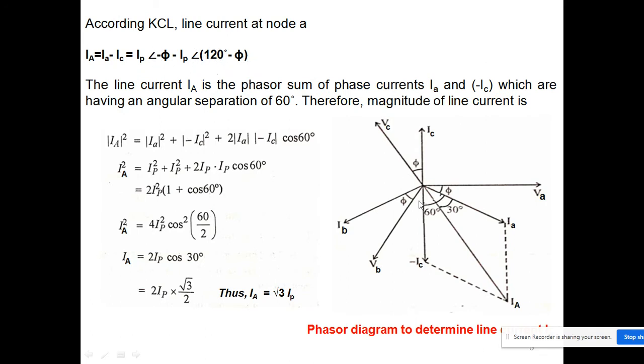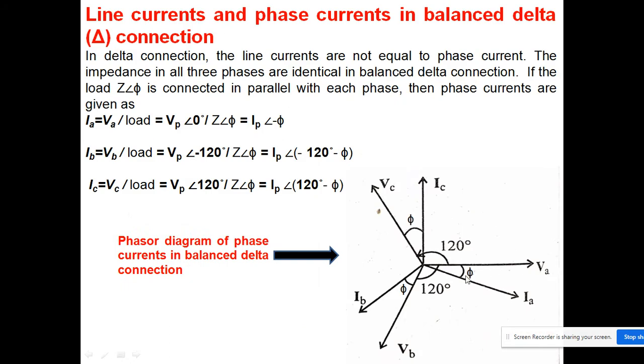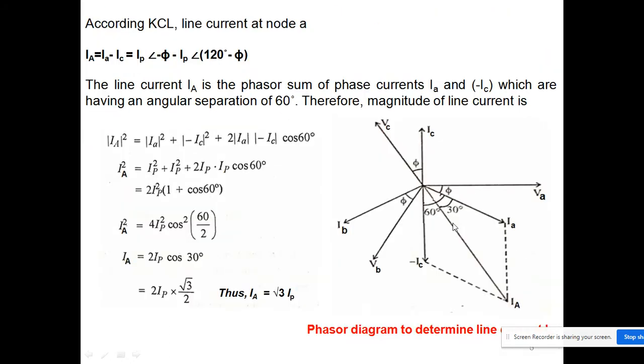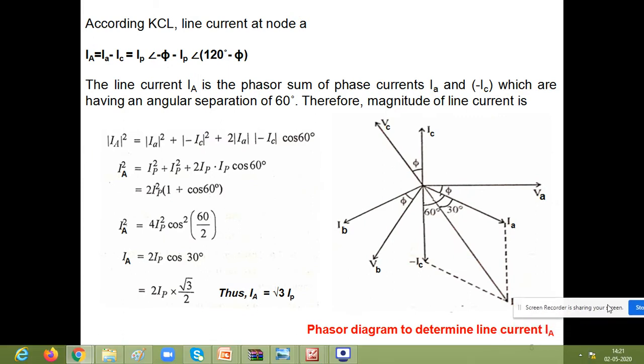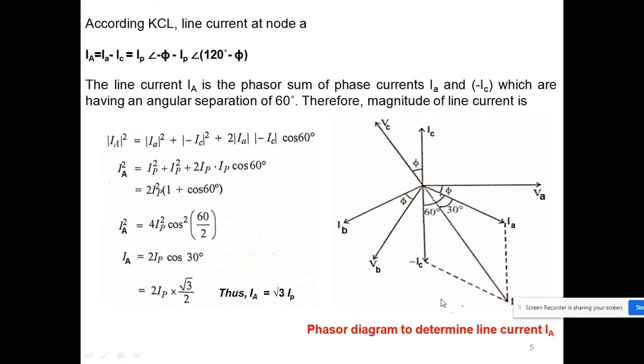Now you see the phasor diagram which we represented here. I am representing it again here. This one is voltage, this one is voltage, this one is voltage, and the current is lagging behind by phi angle. So that is given here. Let us suppose this is IA, so I am representing my IA, and it is at minus phi angle, so it is here. Here I am introducing how we can determine the line current by using the phasor diagram which I am representing here.